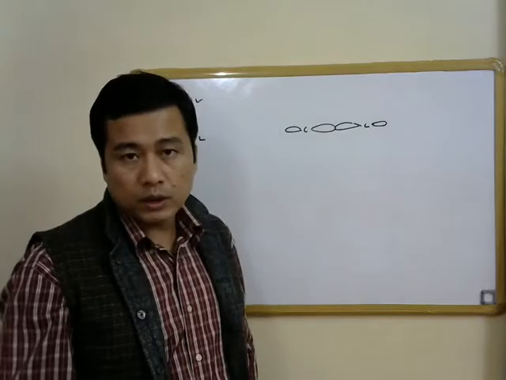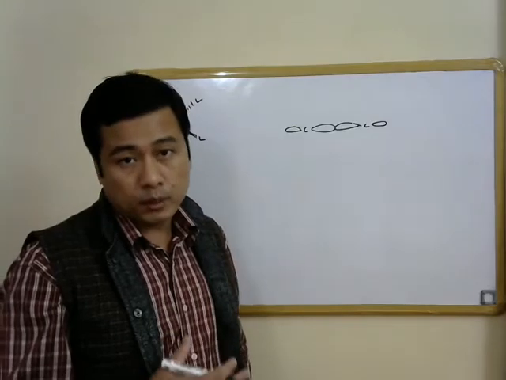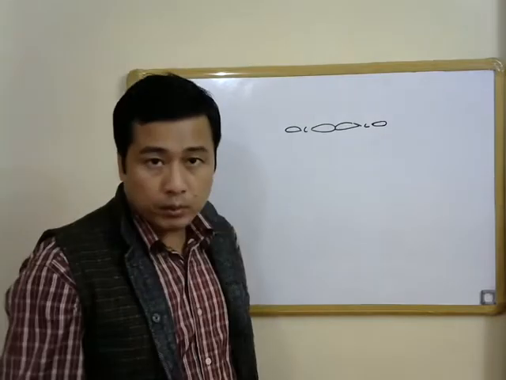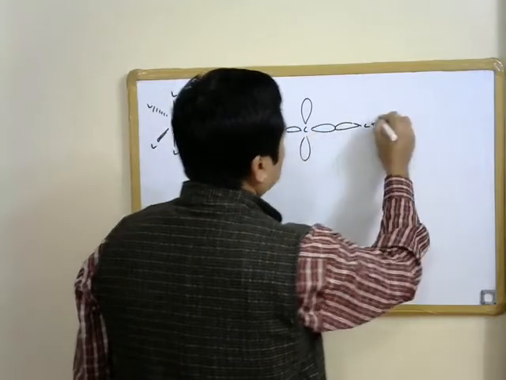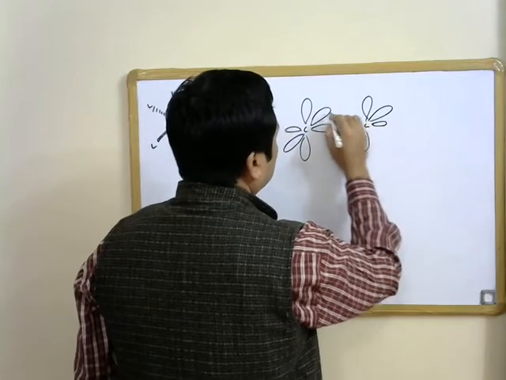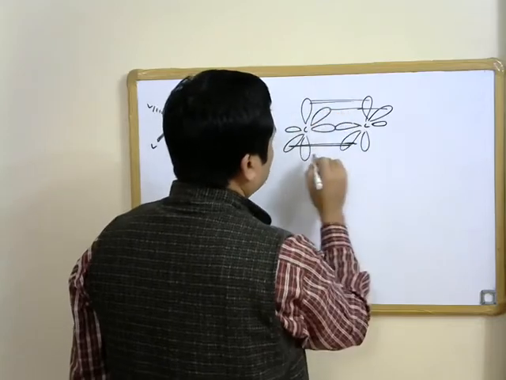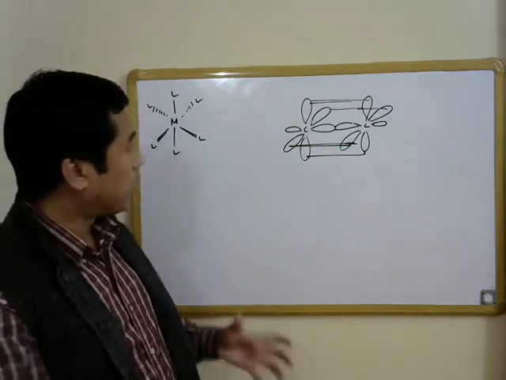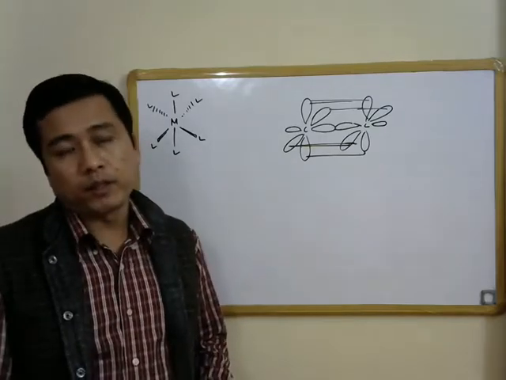Now the carbon atoms in this acetylene molecule will be left with unhybridized px, py and pz orbitals, which are again perpendicular to these sp hybridized orbitals, and they are also mutually perpendicular. So then we have these unhybridized p orbitals, which essentially form two pi bonds, and in these pi bonds, the electron cloud lies on planes which are essentially perpendicular to the sigma bond, as well as perpendicular to each other.